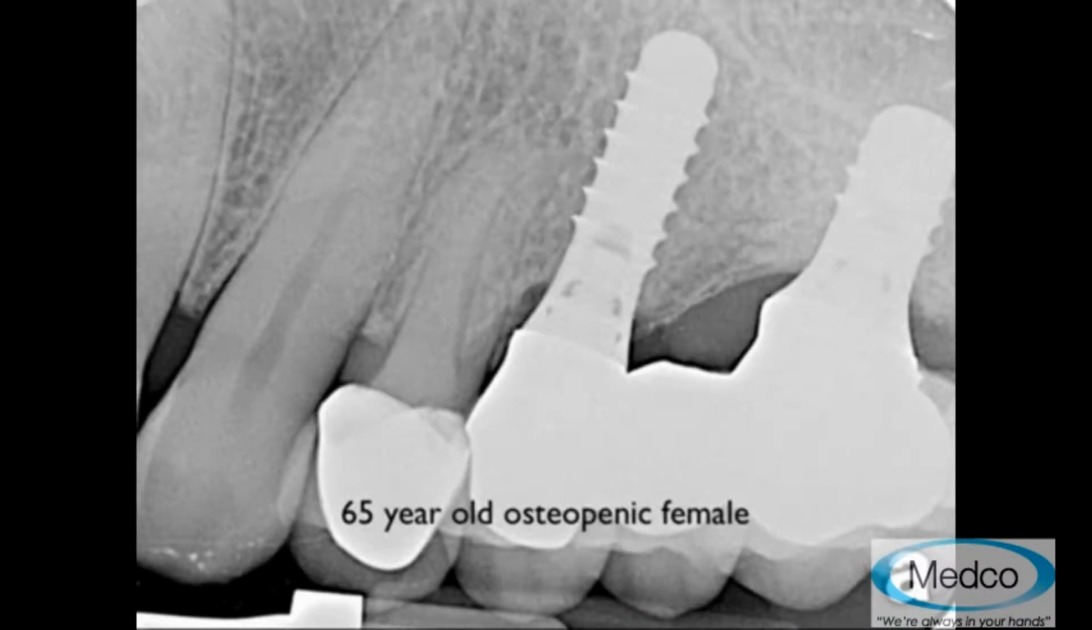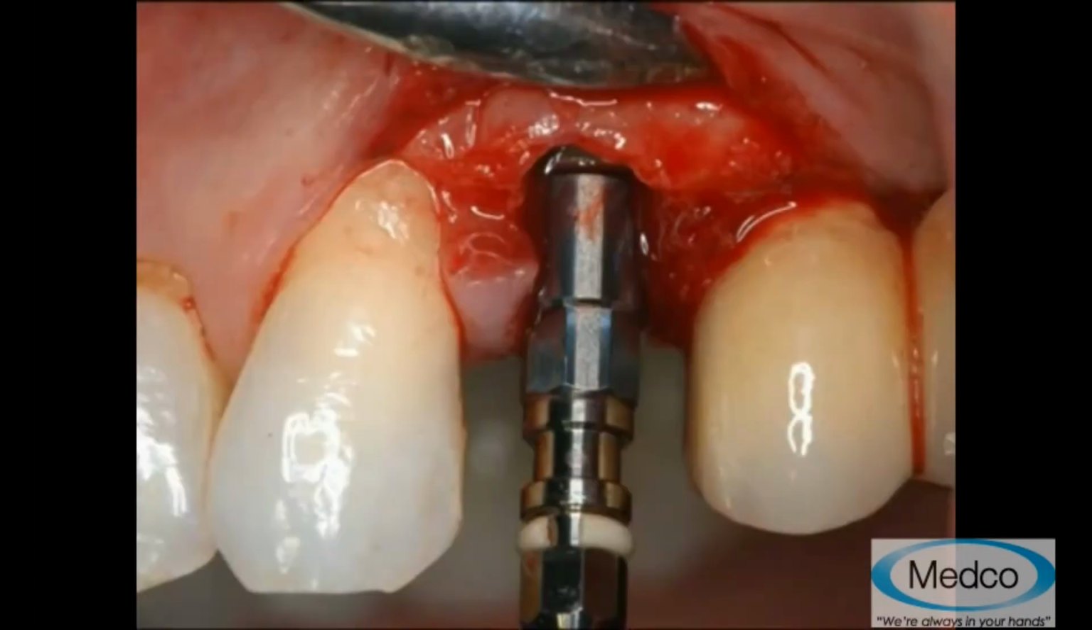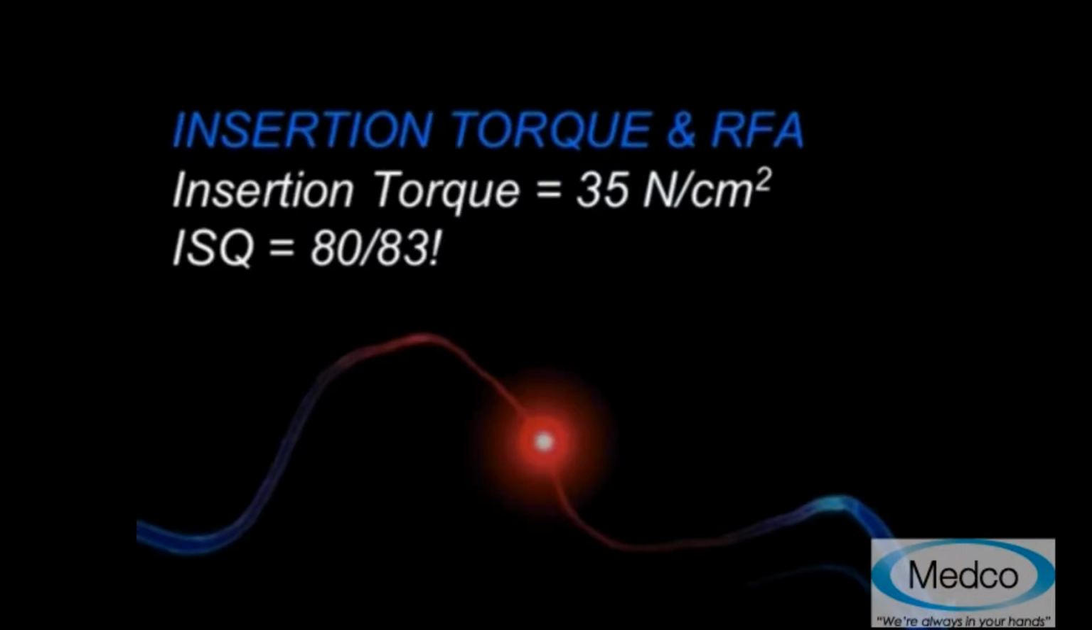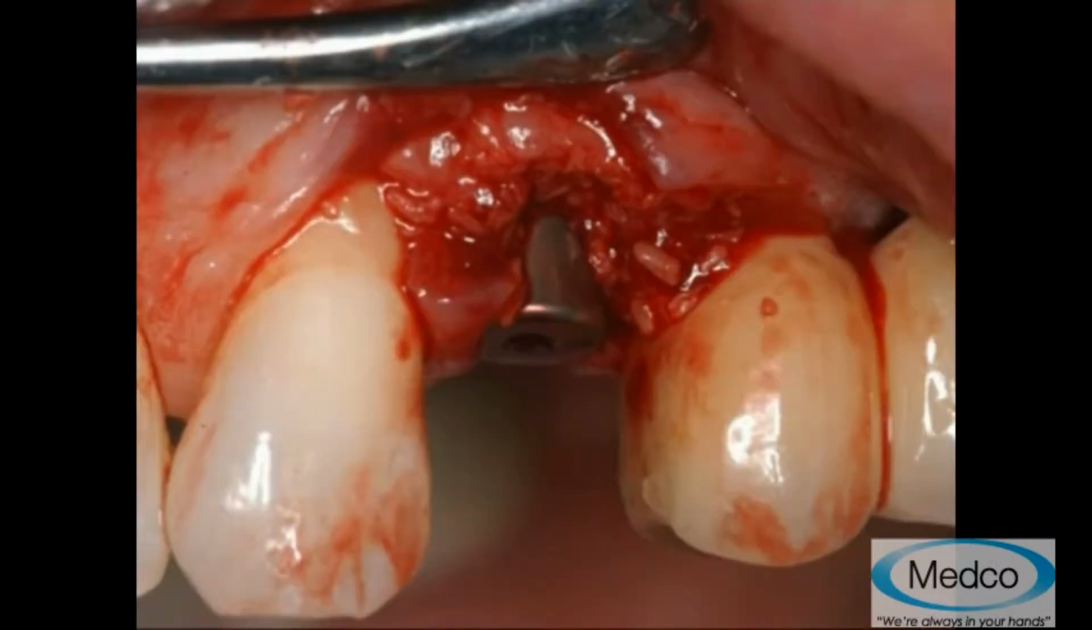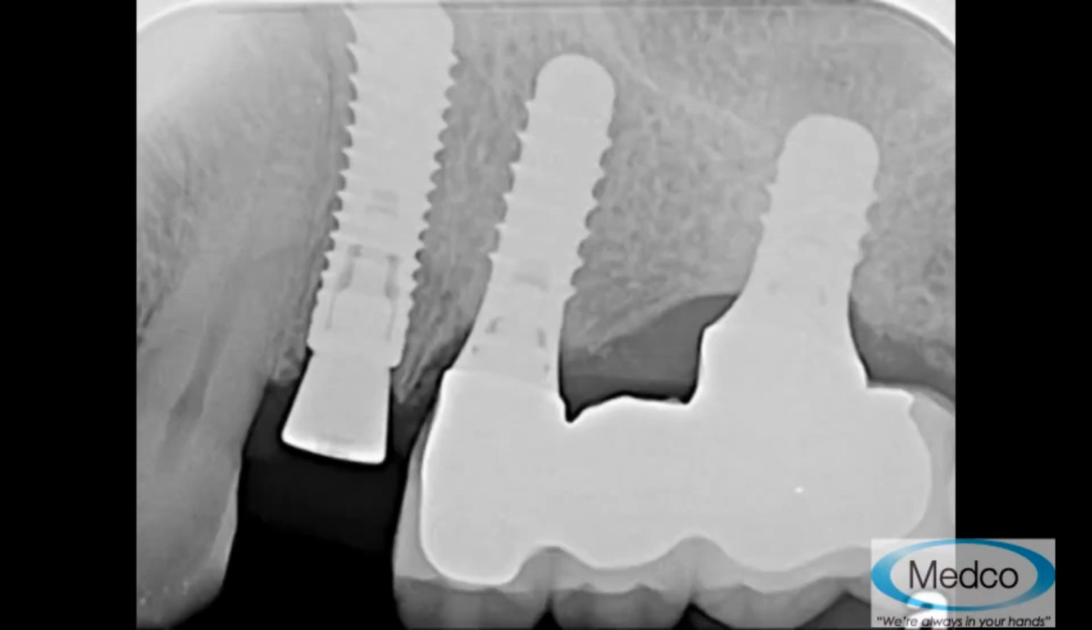So this is quite the opposite to the 65-year-old osteopenic patient who, with an enhanced surface implant, an SLActive implant, I was able to immediately extract this tooth, a little bit different than before, place the implant, and instead of just knowing the insertion torque being 35, I also knew that she had an ISQ value of 80-83. And so subsequently, after placing a healing abutment, grafting it, and suturing it,